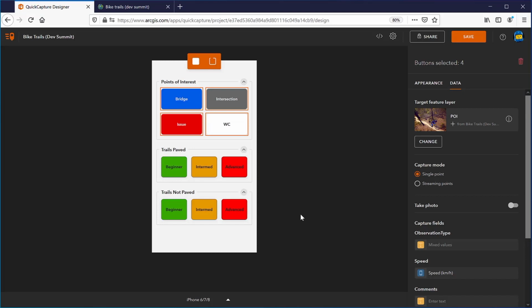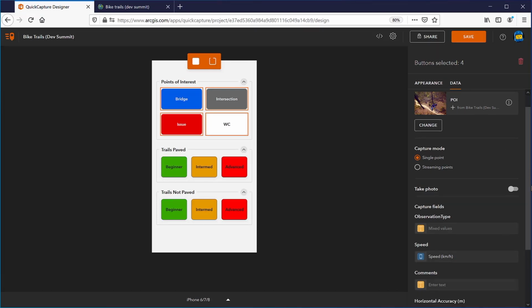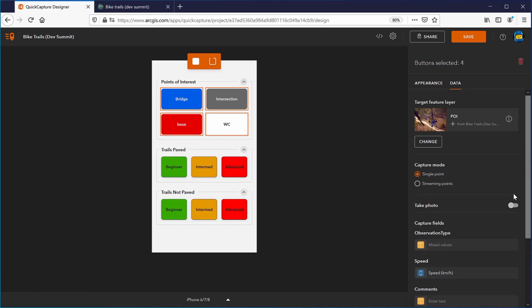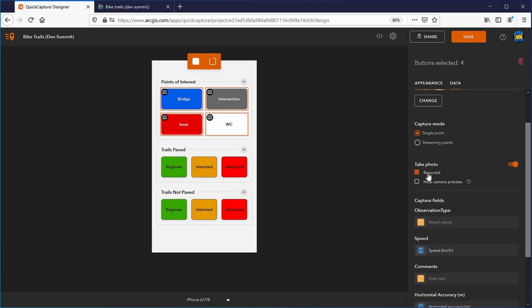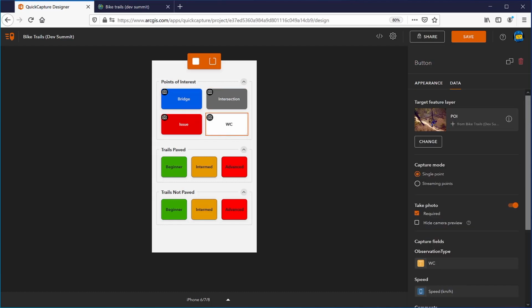Okay, so next up, I want to go in and enable photos for these buttons. I can switch on photos as long as the layers that the buttons are targeting have attachments enabled. I can also make the photo required or optional. And then we've also got the option to hide the camera preview. We want to be able to see the preview so we can view the viewfinder and then take the picture. But for the WC, we're going to make the photo optional. So let's save it,